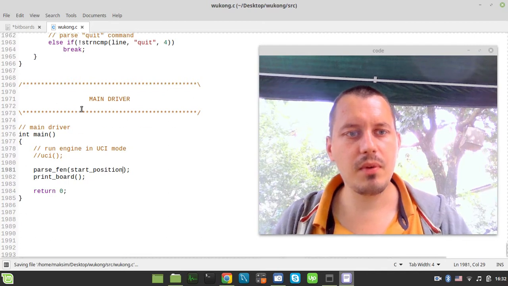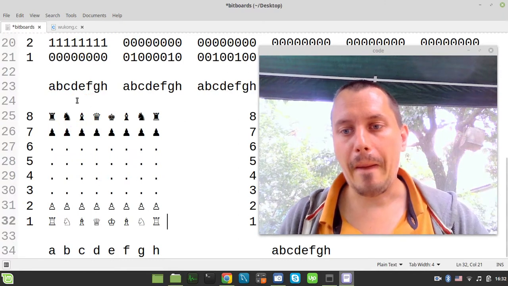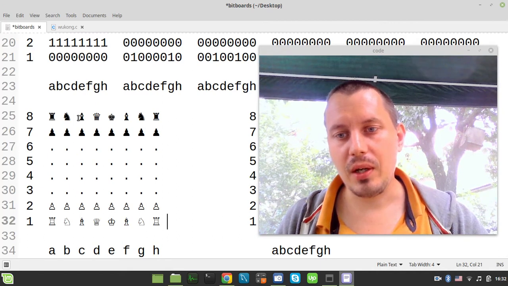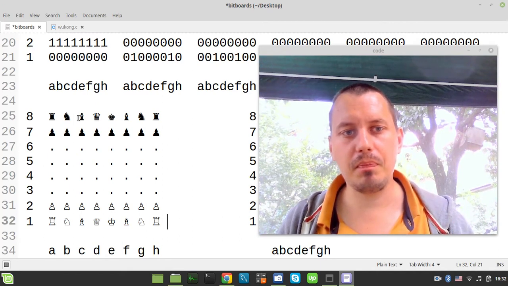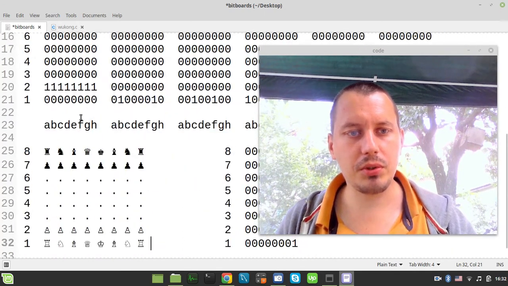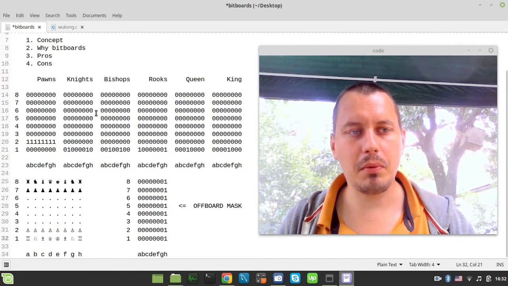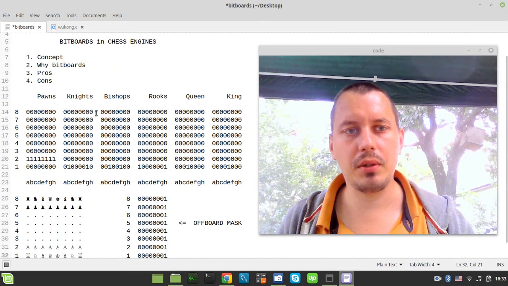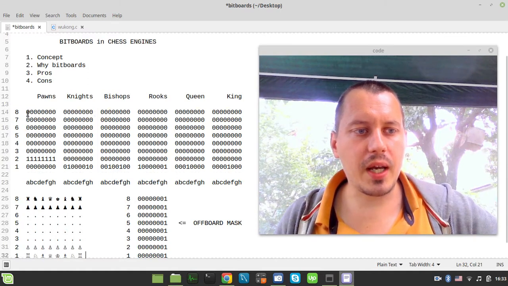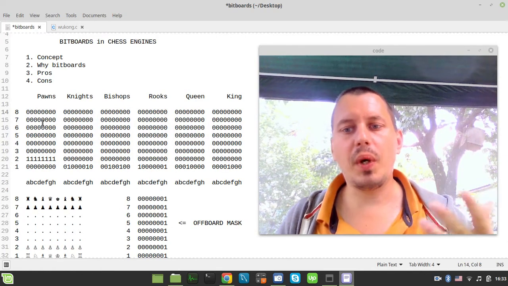And exactly the same thing happens with the bitboards. But the difference is that instead of using integers within the array, we use the bits within the single integer. So the same concept, but the scale is a little bit different. Let me try to minimize this first to give you an overall idea, and then I will probably be zooming in to give particular explanations. As far as the single integer goes, what we can see here is the bitwise representation